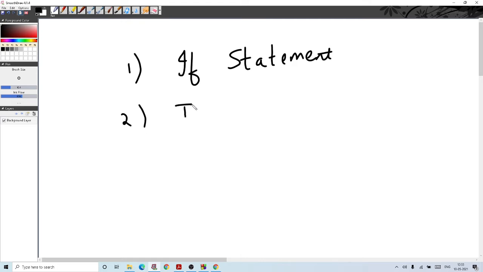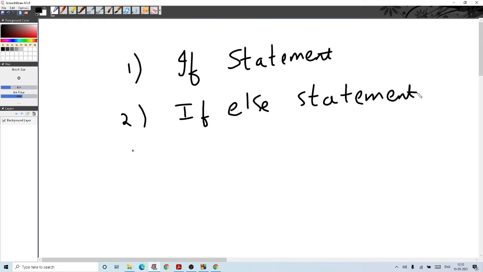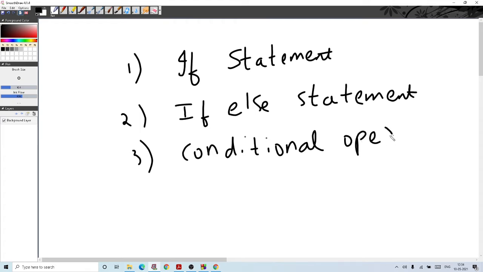Second is the if else statement, and third is conditional operators. We will look at the conditional operators in the next class. For now, we will just check the if statement and the if else statement.